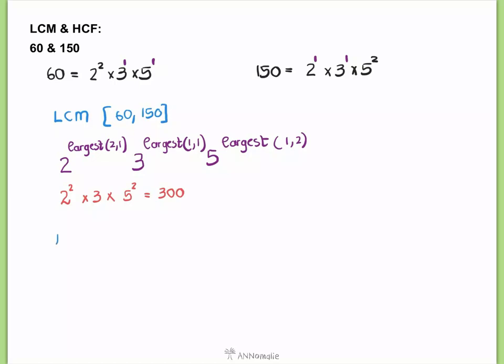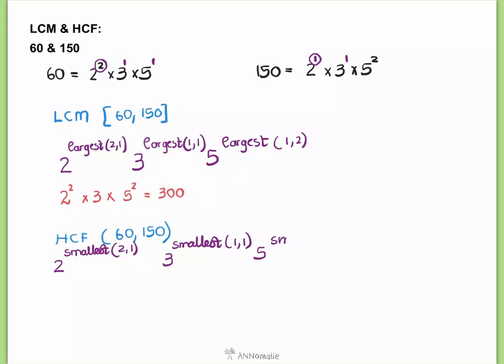If I look at highest common factor, I do the opposite. Highest common factor, 60 and 150. And this time I write down all the factors, all of them, in both numbers, list them all. This time I take the smallest of 2 and 1. The same powers, 2 and 1. Smallest of 1 and 1, and the smallest